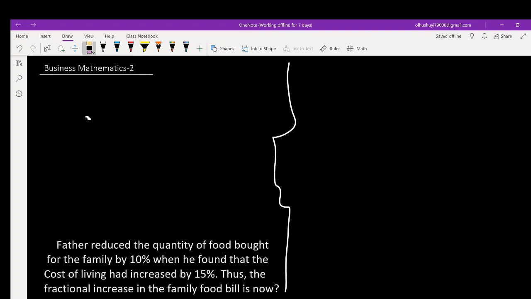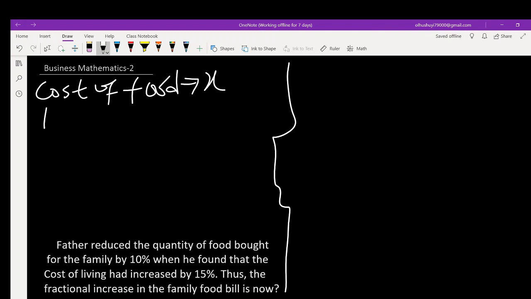One, the food they buy every time. How do they buy it? What's the rate? So assume the cost of food is X. Costs. Let it be X. Then 10% increase or 10% bought food. The reduction, 10% reduction